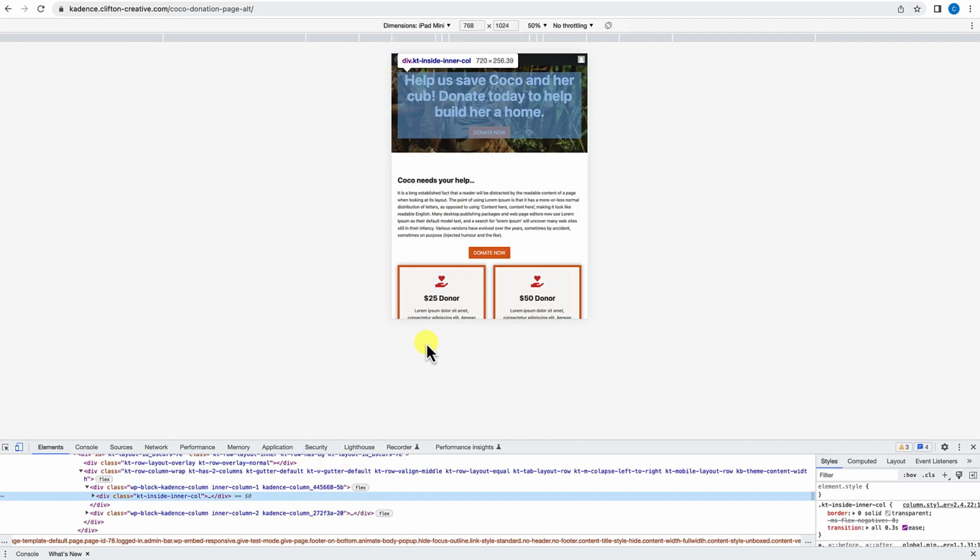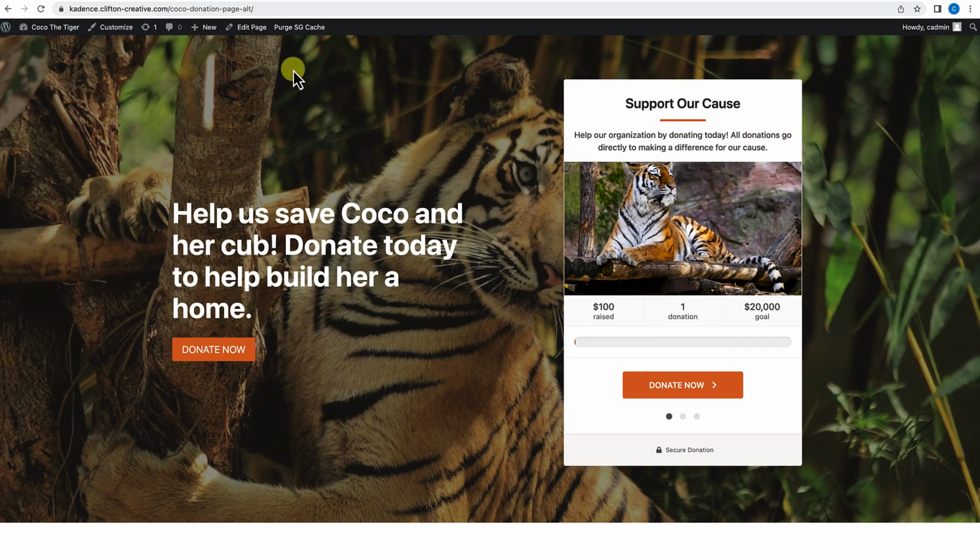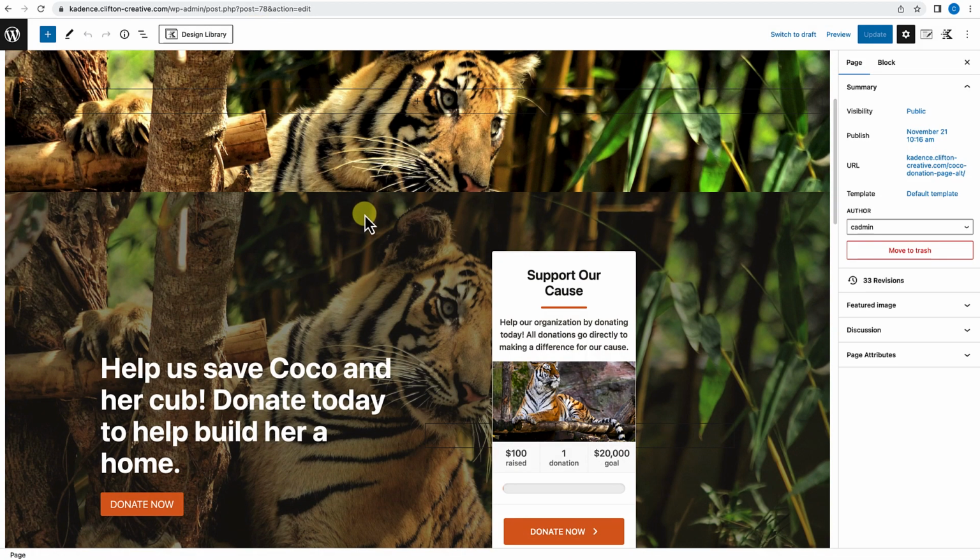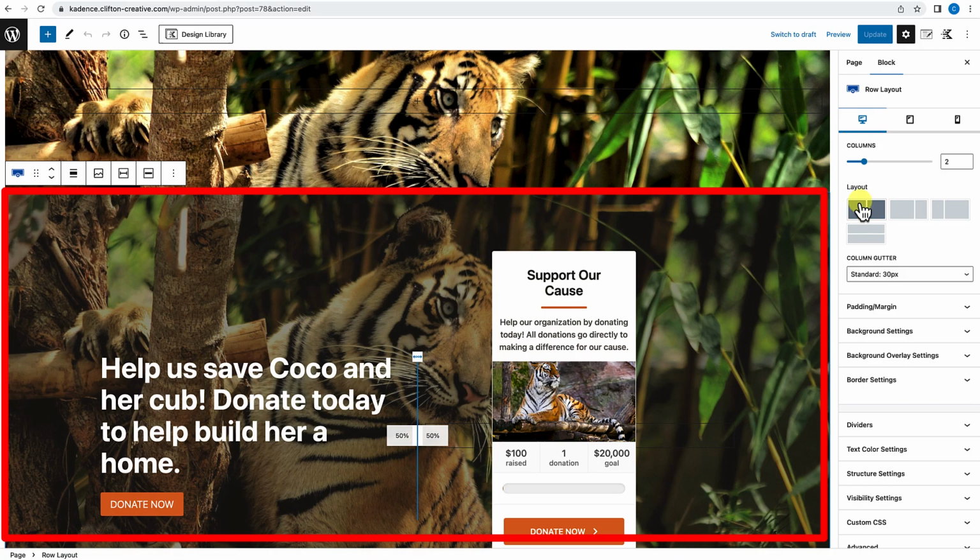the Chrome developer tool, if we look at it now, you can see it's collapsed the section around the content in the section. So now all I need to do is shift this text downwards so that we'll be able to see the tiger in the background. To do that, we're going to close out of the Chrome developer tool, go to edit page, select our featured area, move over to the right,